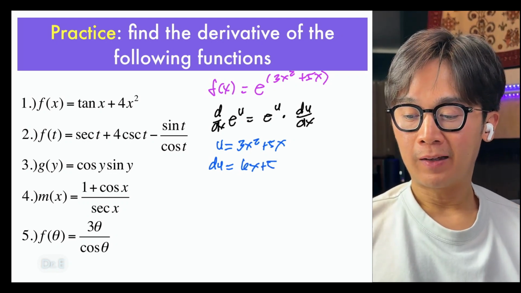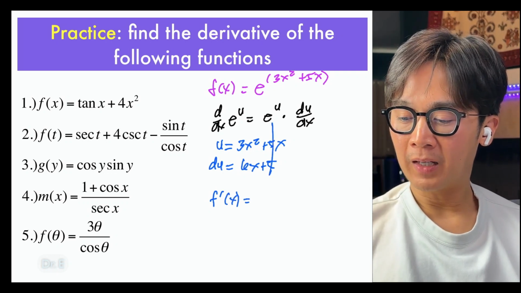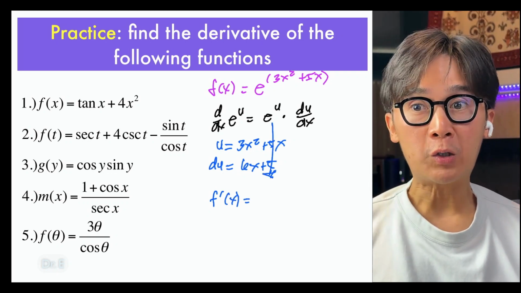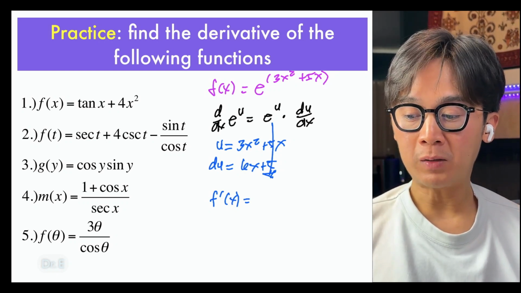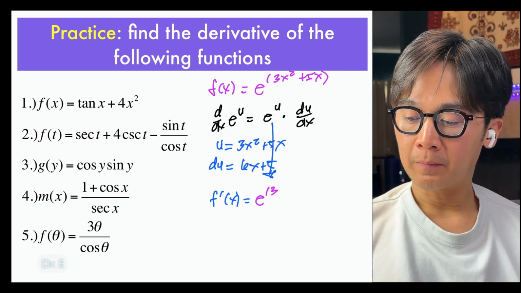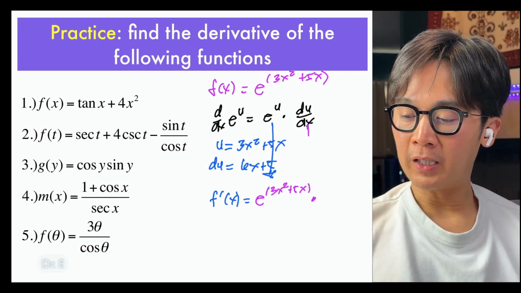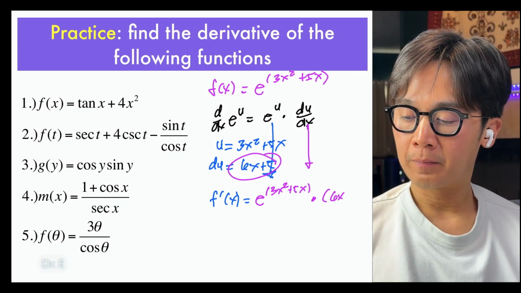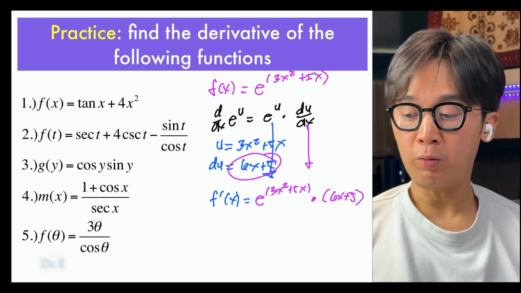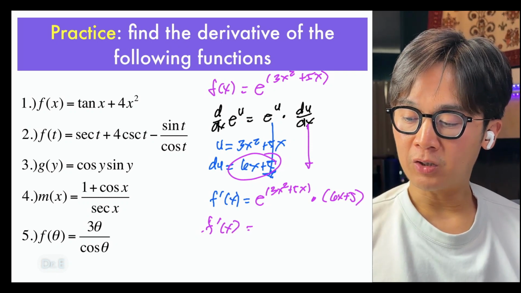Now, f prime of x is simply copy this, e to the u, but instead of u, use 3x squared plus 5x, times du, and du is 6x plus 5. Of course, you want to make it pretty. So our final answer is